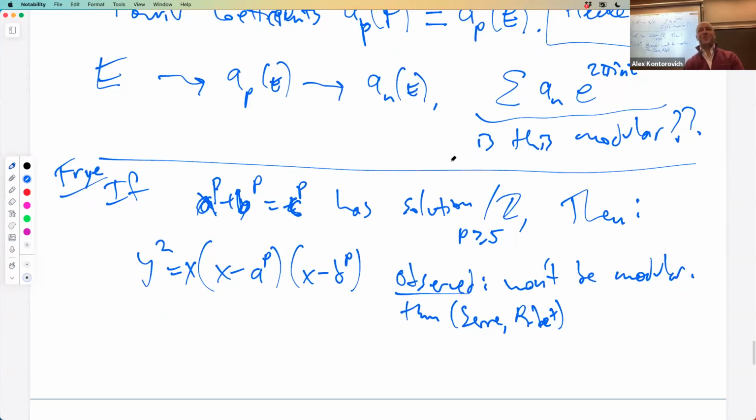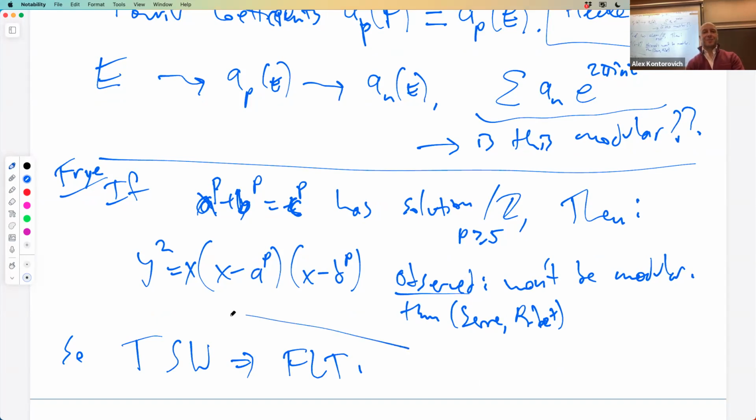So if you prove the Taniyama-Shimura-Weil conjecture, or at least it turns out it will be semi-stable for some subclass of elliptic curves, so Taniyama-Shimura-Weil implies Fermat's theorem. This was the state of things in the late 80s, early 90s. And this is exactly where Wiles comes in. And so this is, Wiles proves